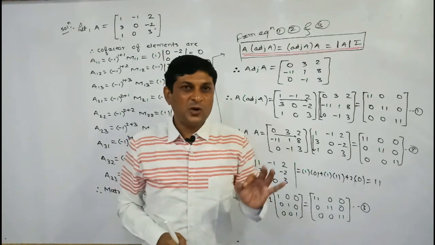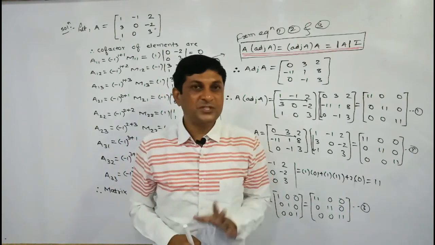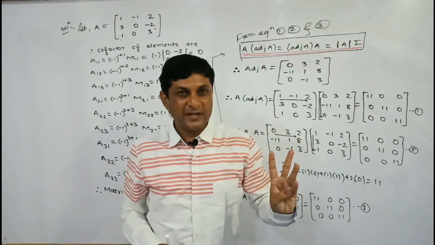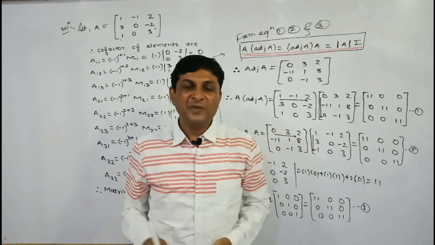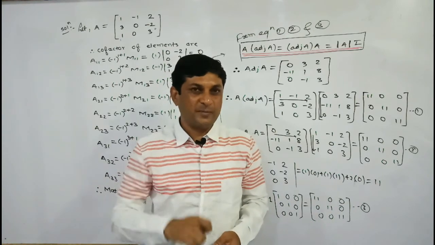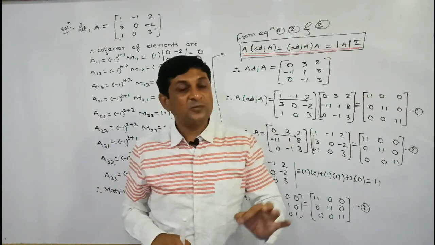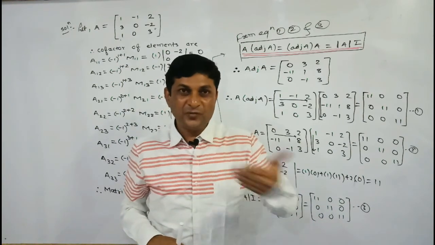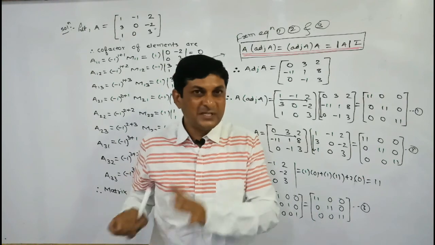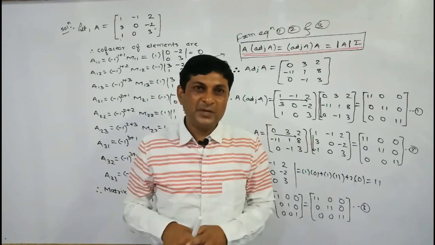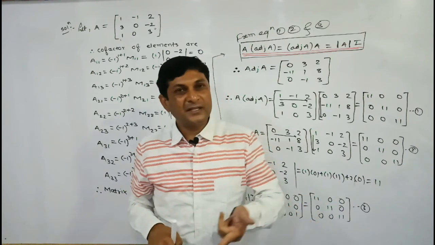In this way we have solved first 4 examples which are related with what? Minor, cofactor and adjoint. In the next video we will solve the remaining example which are related with what? Inverse of a matrix. So first we will discuss what is the definition of inverse. Later on we will see which are the method to find out inverse of a matrix in our syllabus, and applying that method we will solve the remaining example in the next video in this